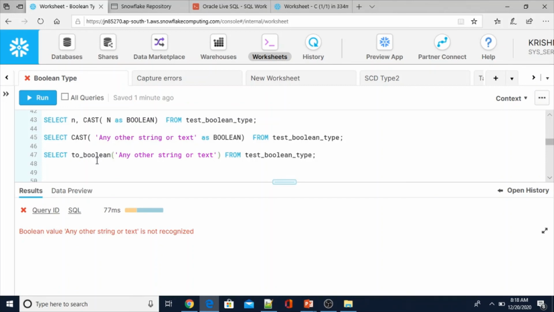So let me try to convert using to_boolean instead of cast, with the same other string or text. Here also we got the same error. That means we cannot convert text values other than yes, no, true, false into the Boolean data type.